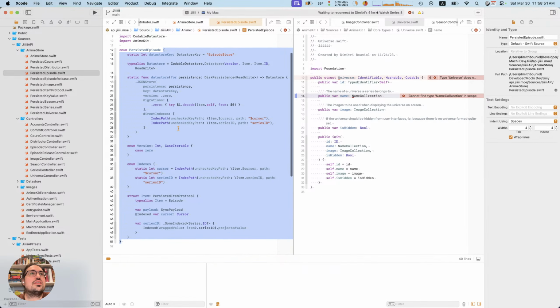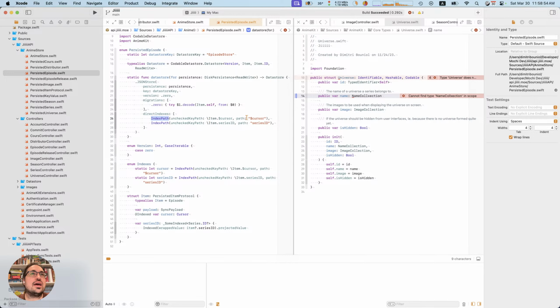And I have to specify, hey, I want this to be indexed by the series ID, so I can get all the episodes for a given series very efficiently. But I have to define it in this really obtuse way. Like this, and like this, and like this. And it's not really that great of an experience. So I want to find an alternative way of representing that, so that from an API point of view, anyone who's using CodableDatastore can have an easier time